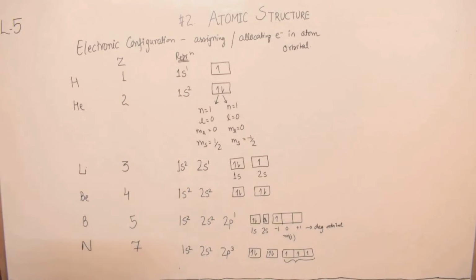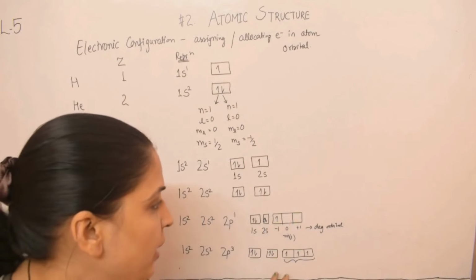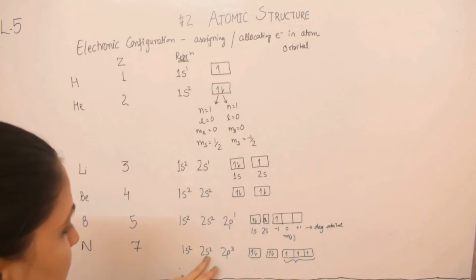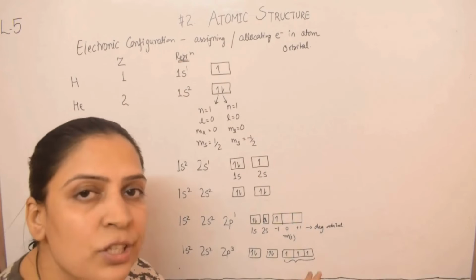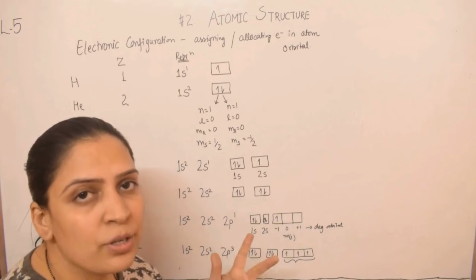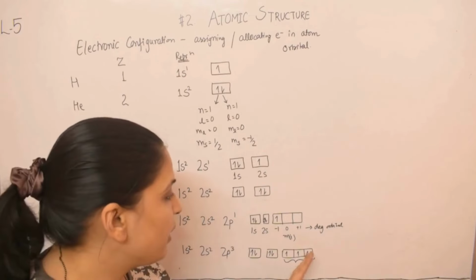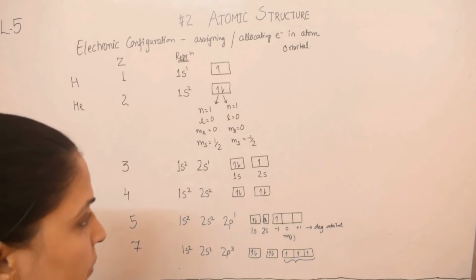Okay, so likewise you can represent the electronic configurations of different atoms, by changing the orbitals and singly occupying them, and using the 3 laws, which are Aufbau's rule, Hund's rule and Pauli's rule, you can fill up these orbitals. Each orbital will have 2 electrons, and this is how it can be done.